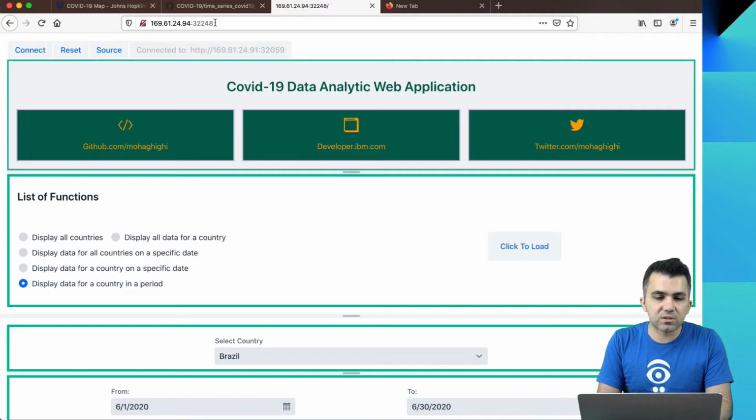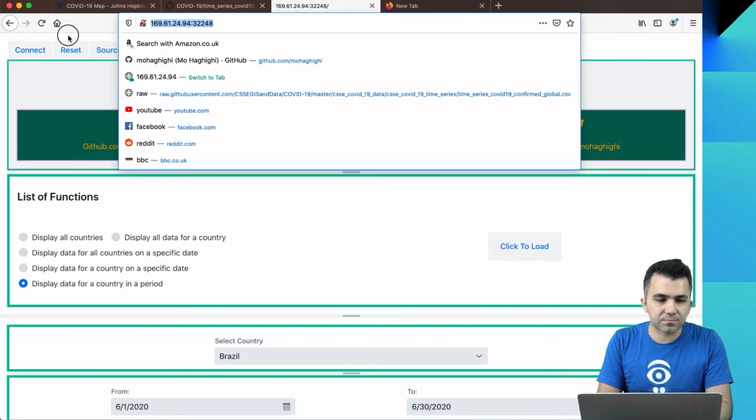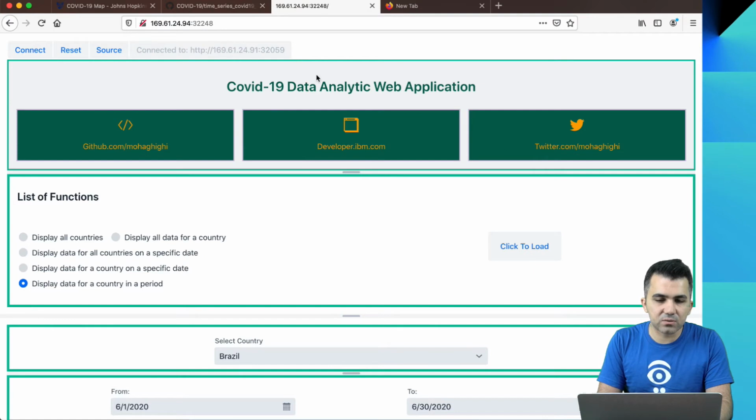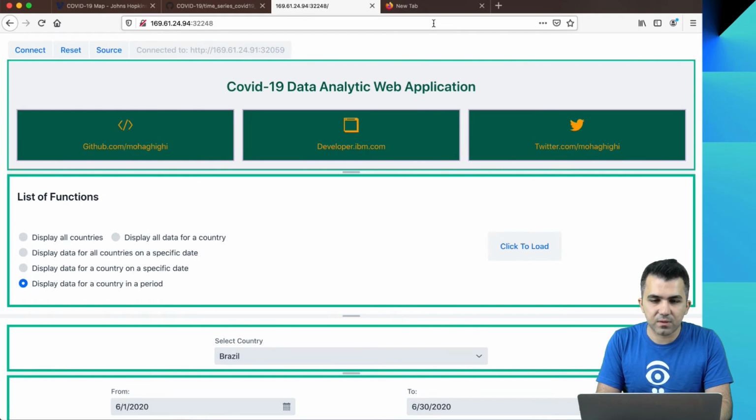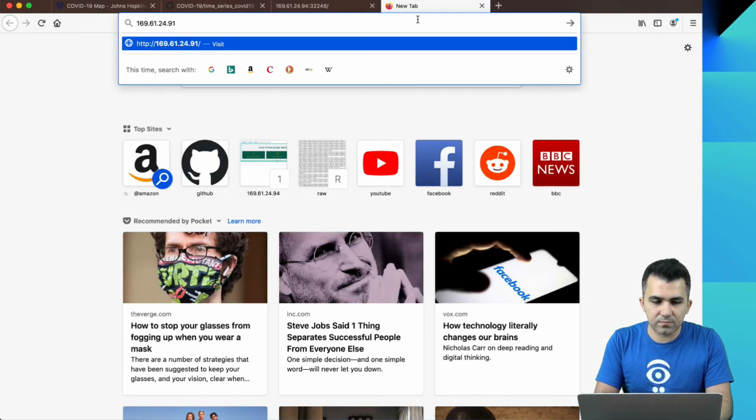So if I just get this, so we were connected to, for our positive cases, this is the IP address, and then 32059. So I've got a REST endpoint saying hello.